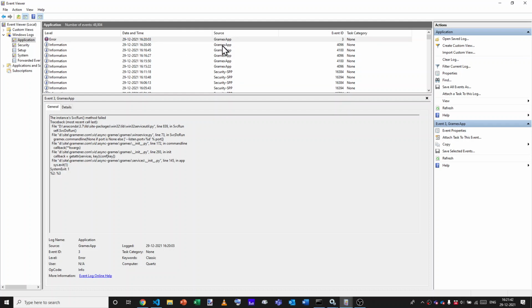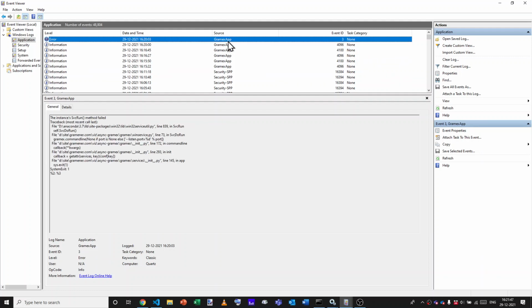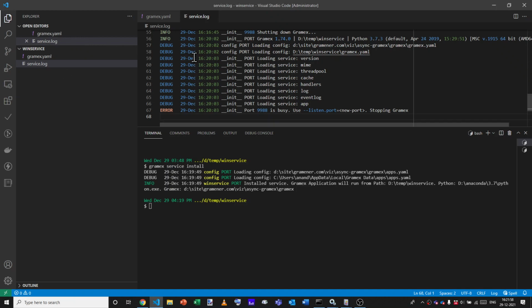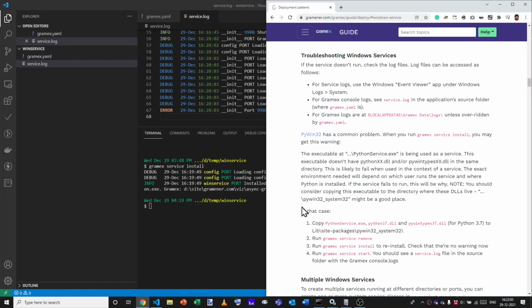This message comes from Gramix app, so you can look for all the messages that have Gramix app as the source. Between the application logs in event viewer and service.log in the same directory where the Gramix app is running, you should have enough information to be able to debug why something is not starting.